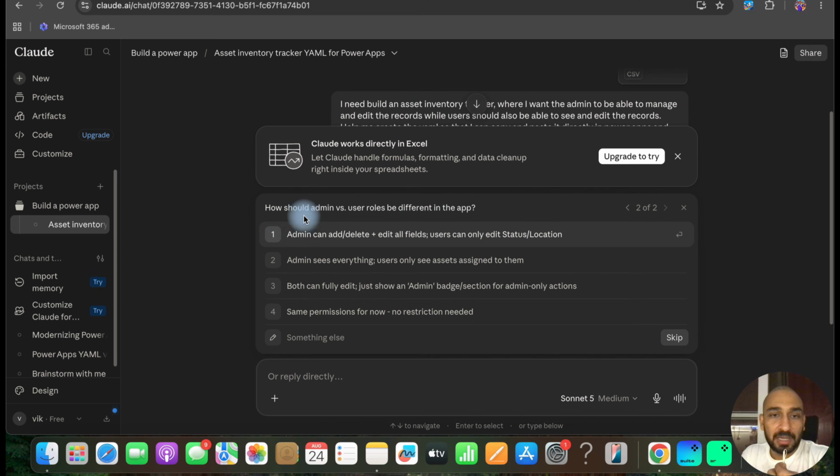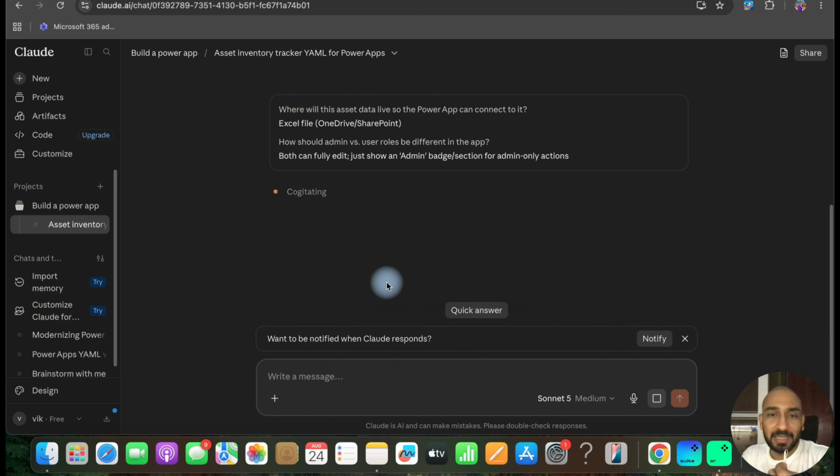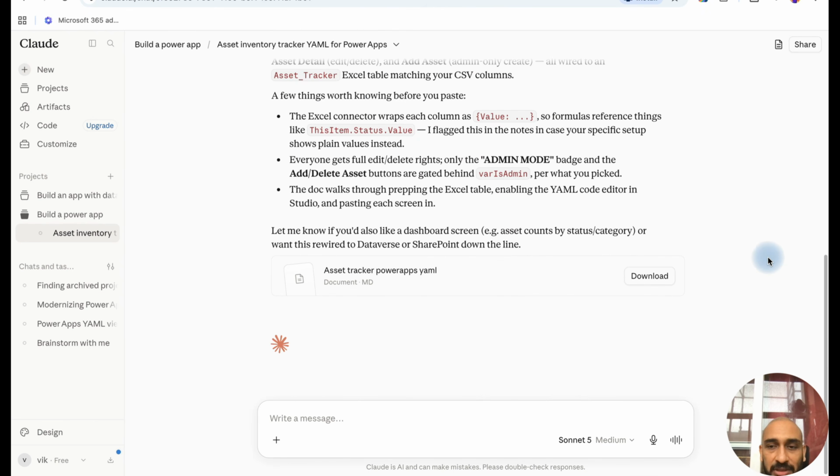And then it's asking how should admin versus user role be different in the app. For now I'll just keep it that both can fully edit, just show an admin badge, and later maybe we can create role based access on the application. Just want to keep it simple, I don't want to complicate it. Okay, so Claude has already given the responses, and I've also changed the theme because I feel that light theme works better when you are watching a video. So I'm going to open this code,